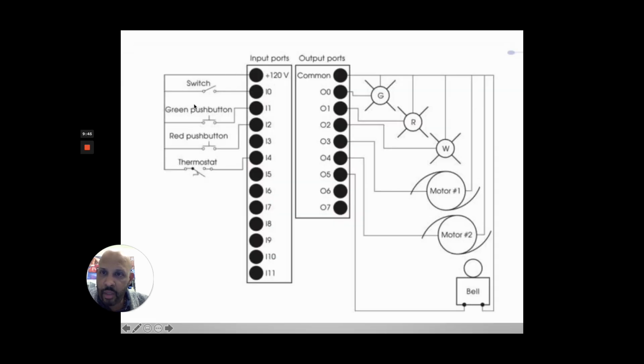So here you have different examples of input ports. You see this is a module. They have up to 12. Take a look at how the first one is I0, and then it goes to I11. So altogether you have 12 inputs. We always refer to the first one as 0. Then you have different switches here and even a thermostat. In your output ports, these are O0,